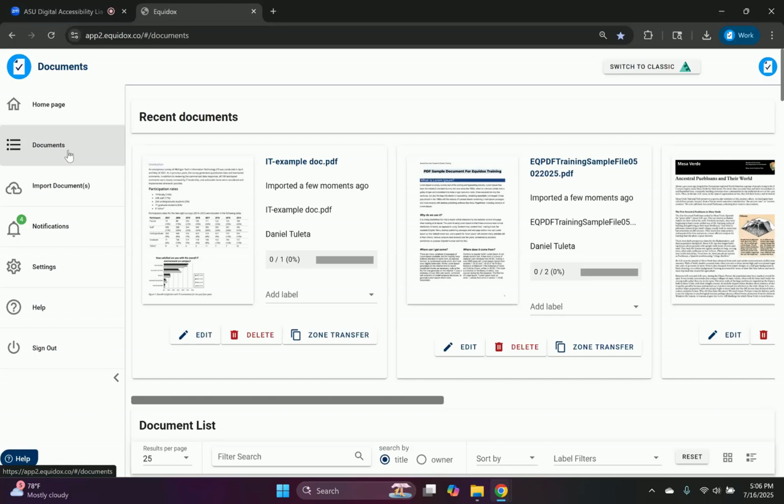You might choose to just start over from scratch using Equidox, and that's always an option that you have. And I can show you how to do that when we get into one of these documents to work on them. The other option is that sometimes documents aren't tagged at all, and that's a very common thing. Documents coming from their source